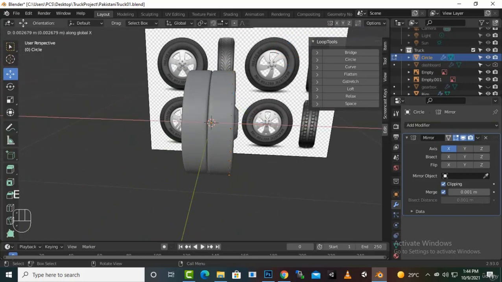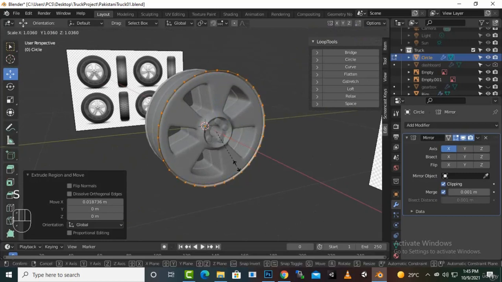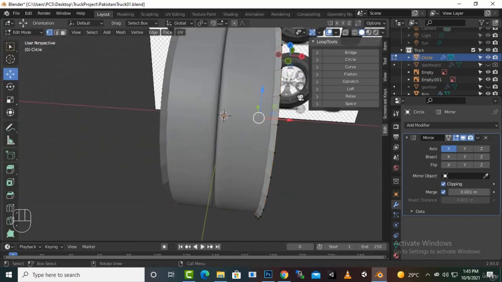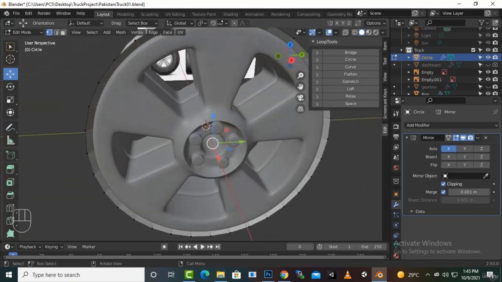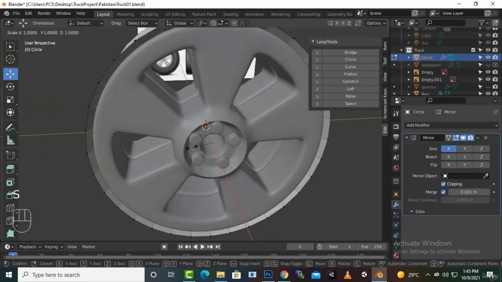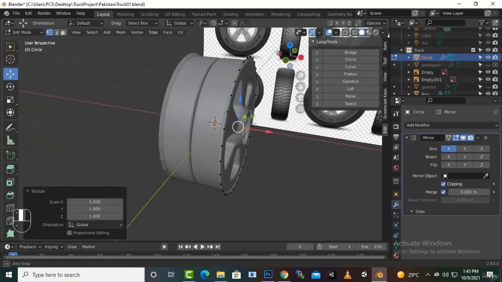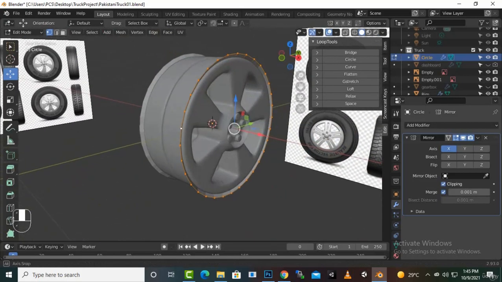along the x-axis like this, okay, and we will scale it as well, okay, like this. But I think this last loop, we will select this last loop, and scale it inside a little bit, okay, so it will be in the rim. So we will select this loop now, and we will press